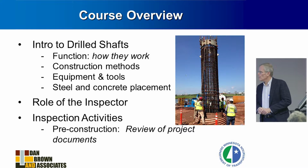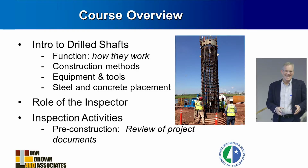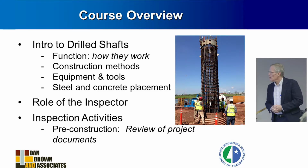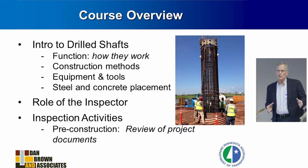And then we'll have an overview of, there's a wide range of construction methods, okay? There's a lot of ways to skin the cat to build drilled shafts. And every contractor has their own means and methods. So we'll give an overview of that. Same thing with the equipment and the tools. They're just a wide range. We'll try to focus later on today on some of the tools that we would expect to see on the